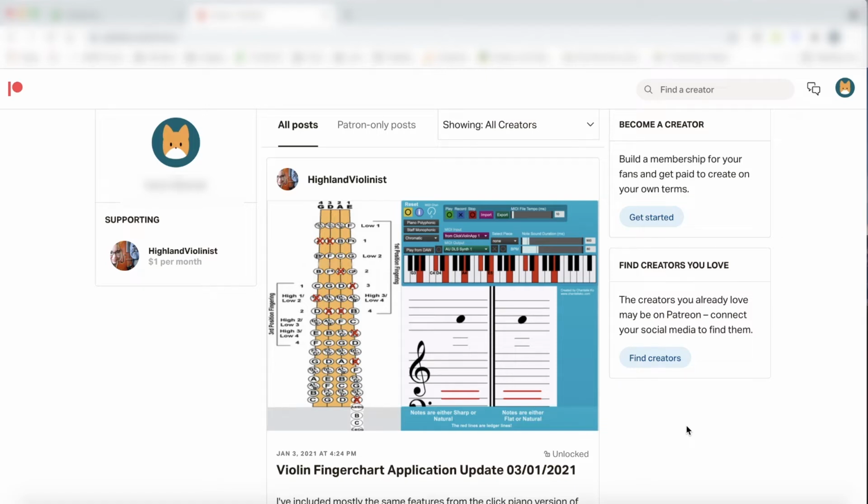Hi everybody! A while ago, one of my Patreon subscribers had let me know that they were having troubles with downloading and installing my Fingerchart application for Mac. At the time, I had figured out how to fix it. I let them know and posted instructions. But I figured now that I have a bit more time, I should make my own tutorial video on how